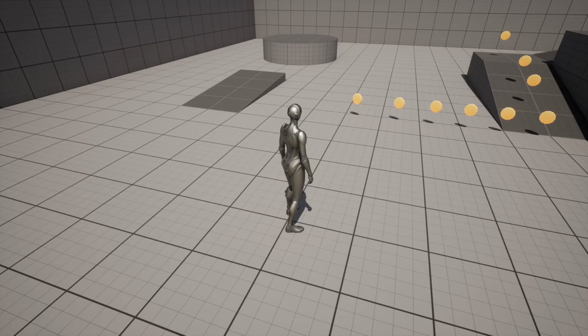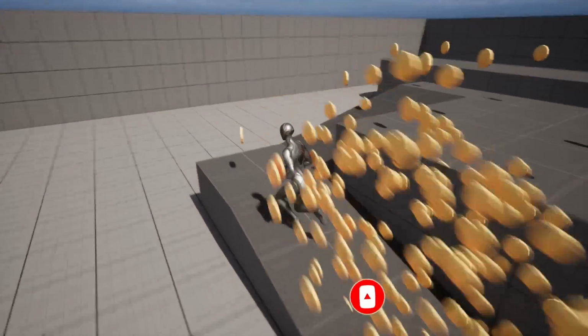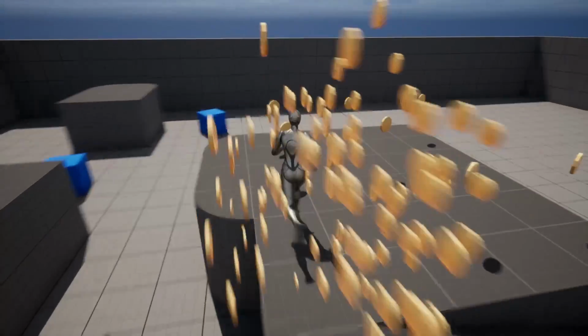Sup everyone, SudoKid here. Today we will be building this Unreal Engine C++ coin pickup system based on Gorka Games